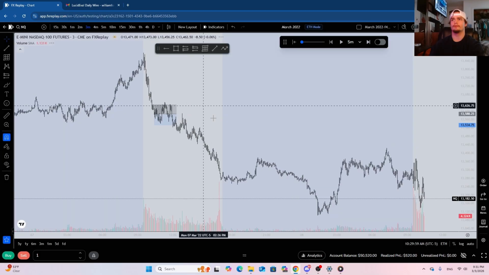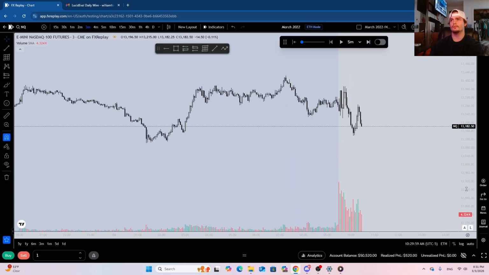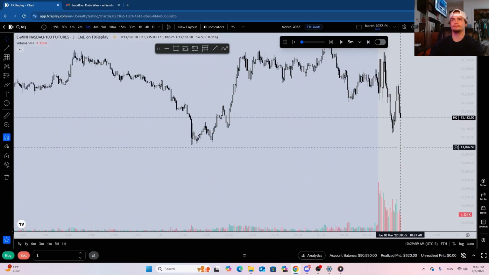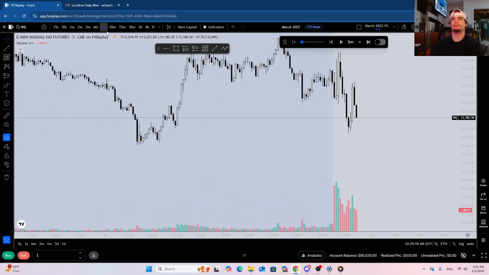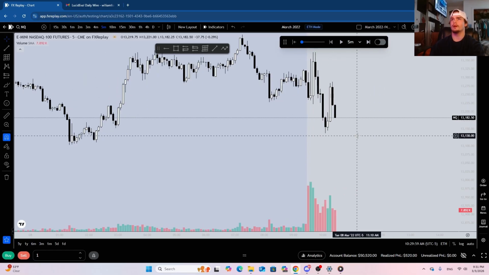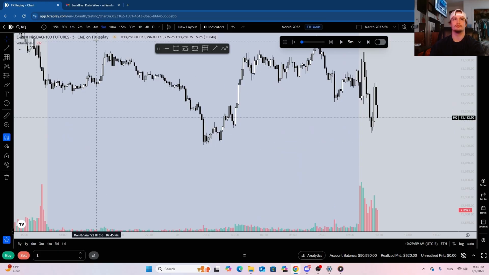Okay, so we're pretty correlated from both of the indices. I do like how this looks. I could go for a nice 1-to-1 here. So simply because we came up and we came into this first percentage breakaway, this 5-minute gap, and we're rejecting hard out of that. So I think these lows would be a solid target here.